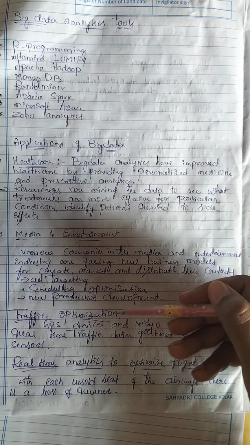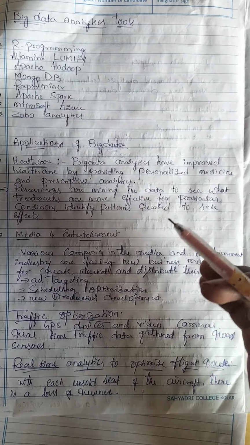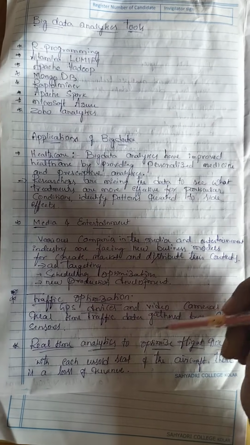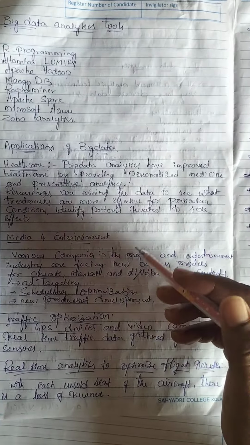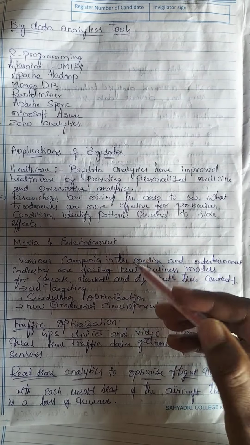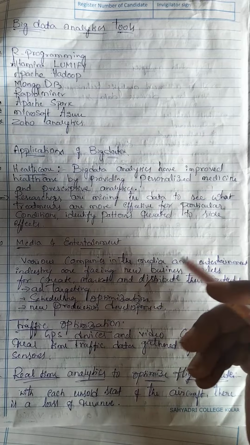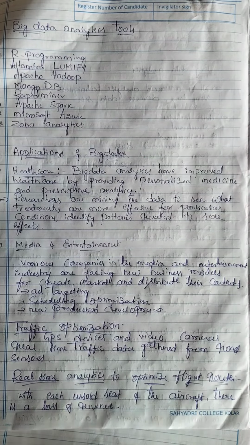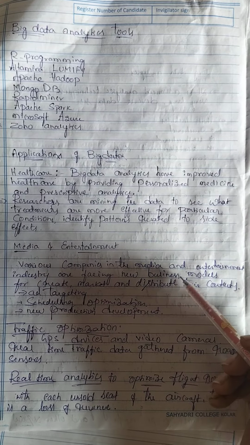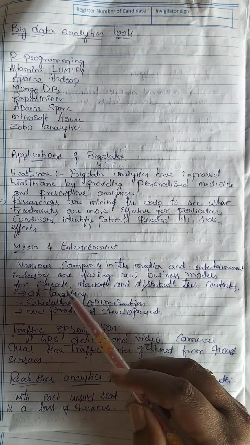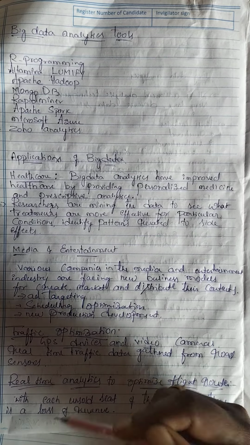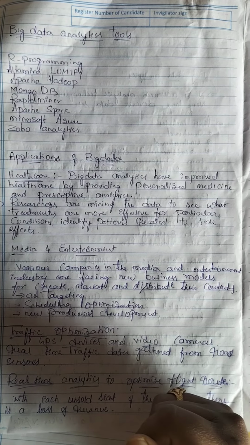So that is one of the major technologies and major drawbacks nowadays. The entertainment department can face several problems because it is challenging, but they can also solve that problem with the help of media and entertainment. That means the various companies in the media and entertainment industries are facing new business models for creating, marketing and